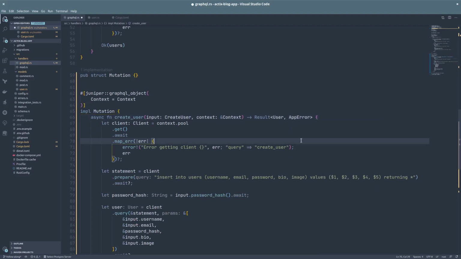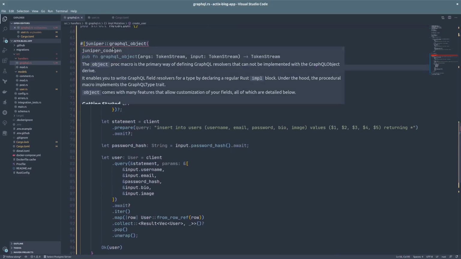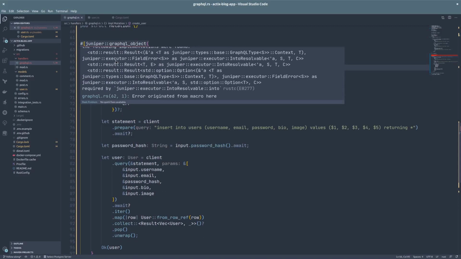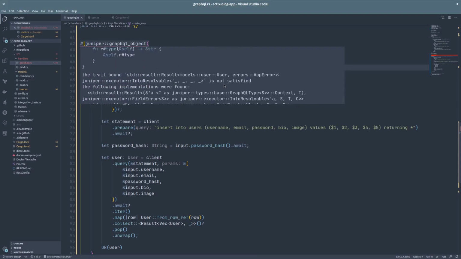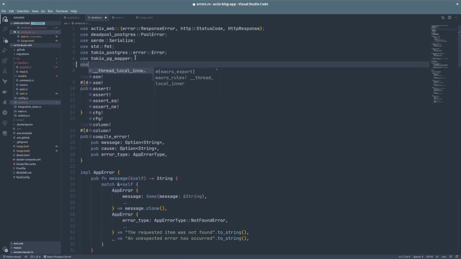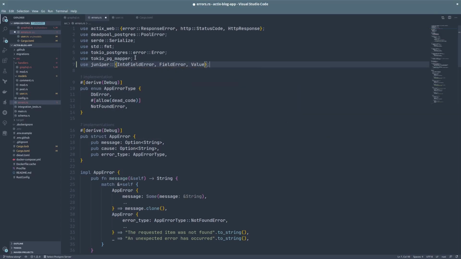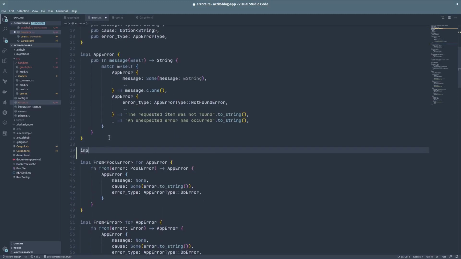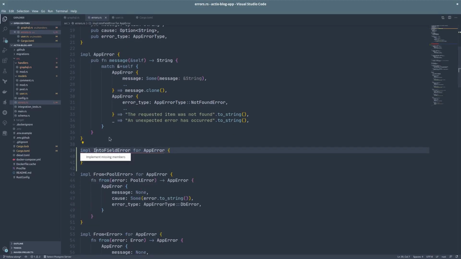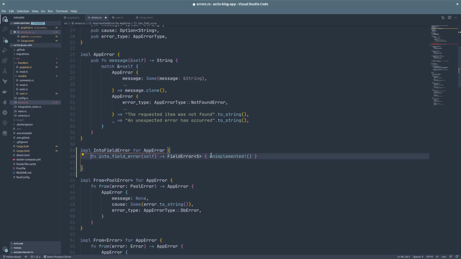But before we can do that, we need to have a way to convert this struct into a field error. So let's go to the errors module and we need to import from Juniper the into field error trait and the field error and value structs. Then we can implement into field error from app error. This trait has a function into field error that will do that conversion.